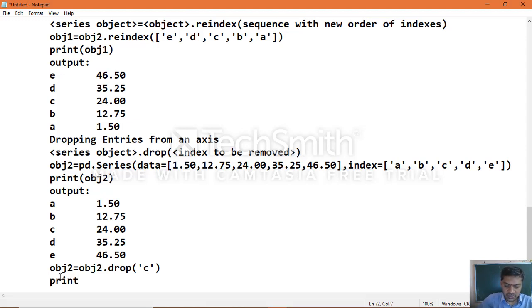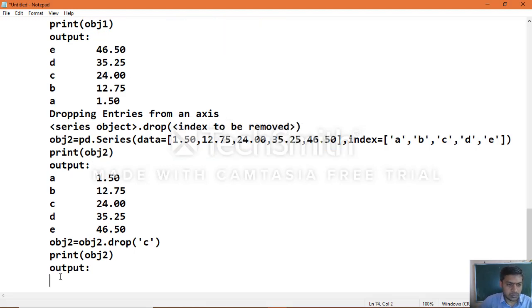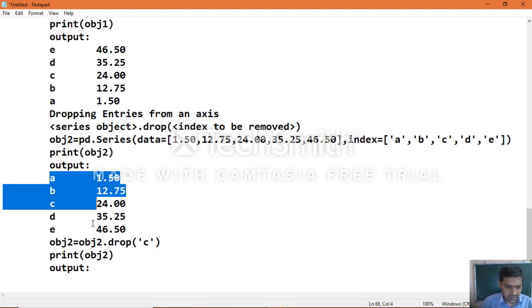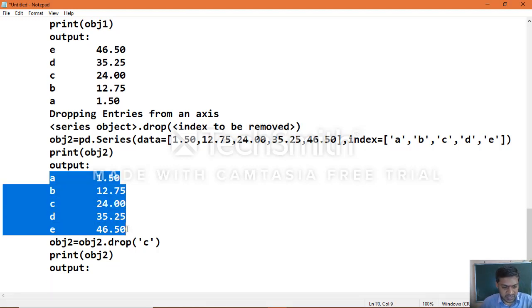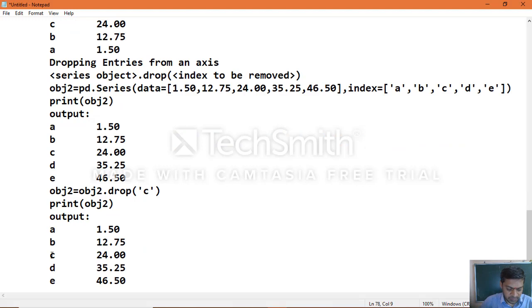Once you print the object obj2, then you will see the output, in which the C value, the C index as well as the value which was assigned to that particular index, will be deleted. It means C will be deleted.